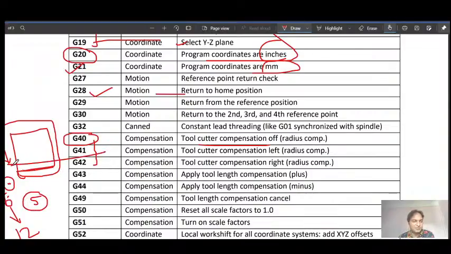From this position you will set only 1 mm here. That's how you use tool compensation. Left or right cutter compensation we will see when we program it.